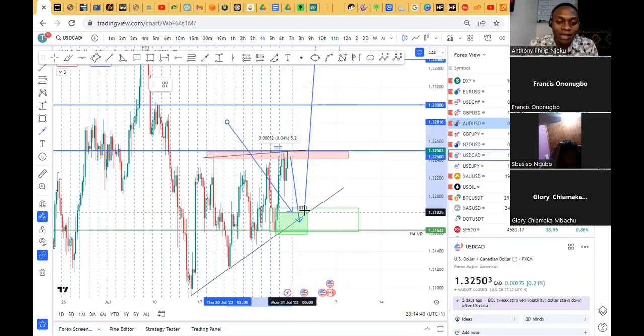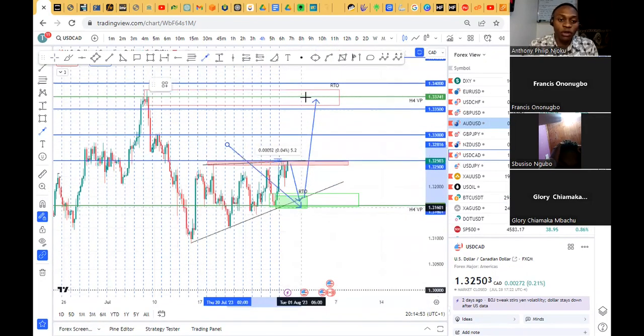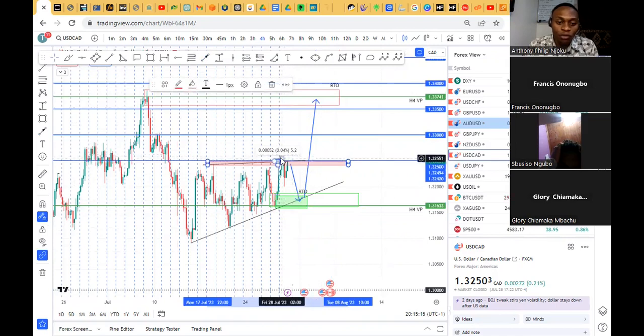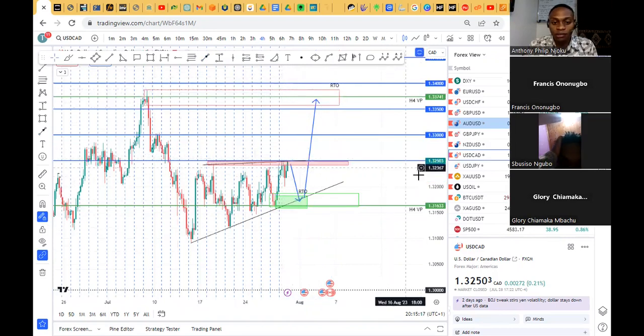This is the return to origin marked out over here. And for me, I'm looking for my buy setups together with the strength of this trend. Looking for our buy setups and aiming for this return to origin over here, and also the cause, H4 cause. So this is the first setup. Second setup, when we see a breakout of this triangle, we'll enter with the triangle strategy for more push to the upside over here, because end of week flows might occur in the market.